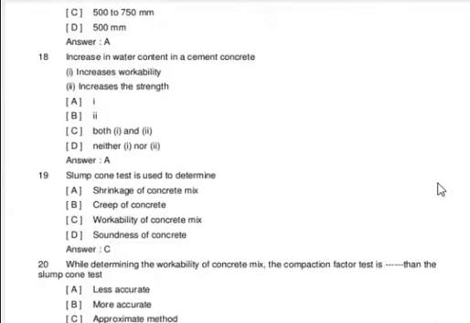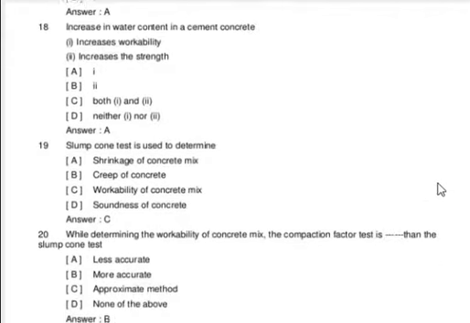Next question 18. Increase in water content in cement concrete. Option A, increase the workability. Option B, increase the strength. Option C, both of the above. Option D, neither. Option A is the suitable answer because if water content is increased in cement concrete, it increases the workability of